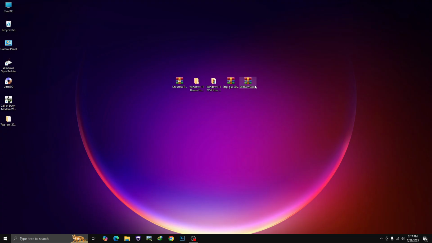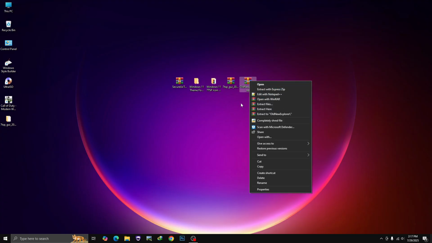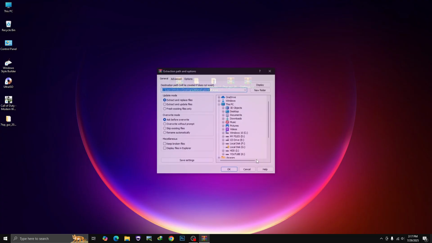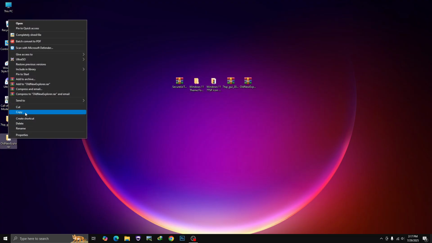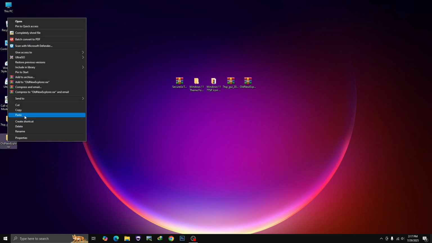Then we need to install this software called Old New Explorer. Just right click on it and then click on extract files and then click on OK and cut this folder into C drive,